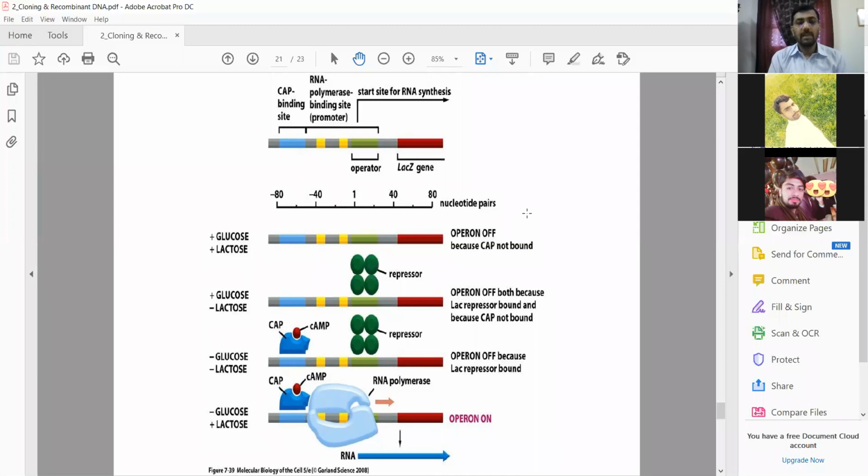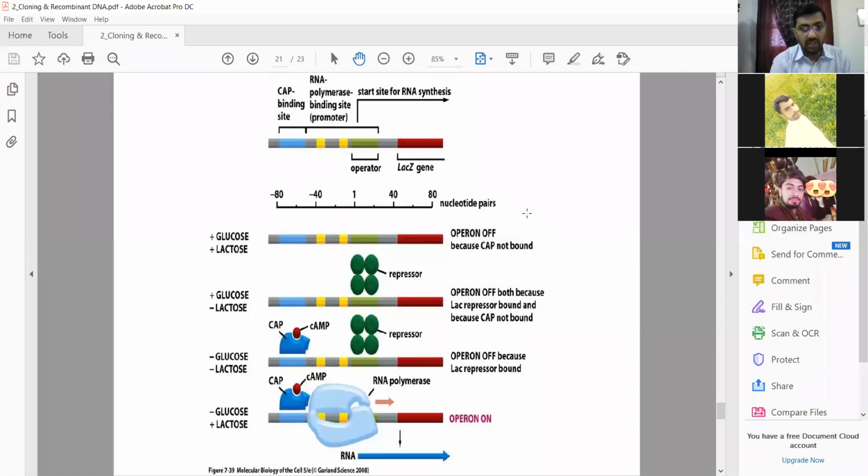So whenever there is lactose, this repressor would not remain attached to the operator. But for the working of this operon, we need both the availability of the CAP protein as well as removal of the repressor. So it would turn on only when this repressor protein is removed